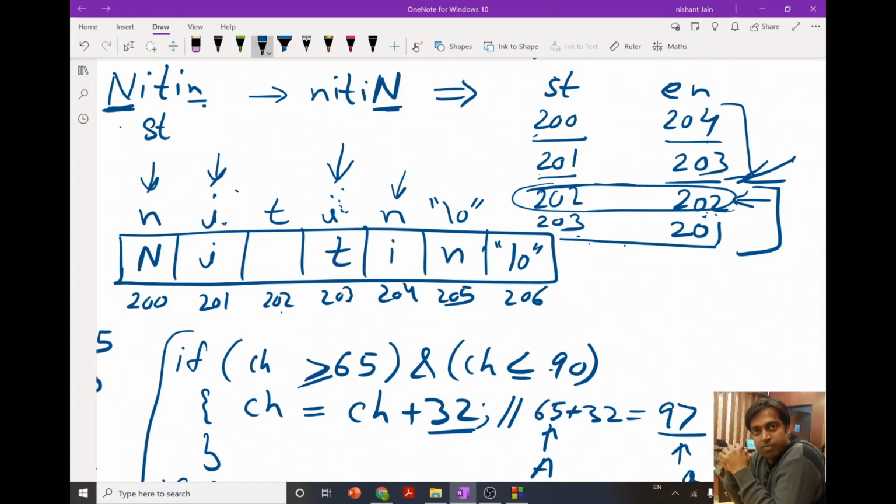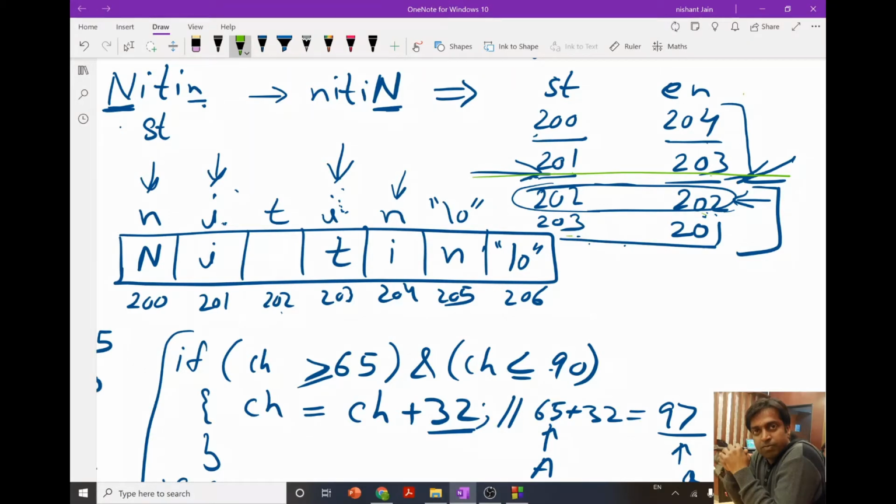Our function should check for the palindrome up to this level only. Up to this place the value of st is less than en, but after this st becomes equal to en, and after that st becomes greater than en.